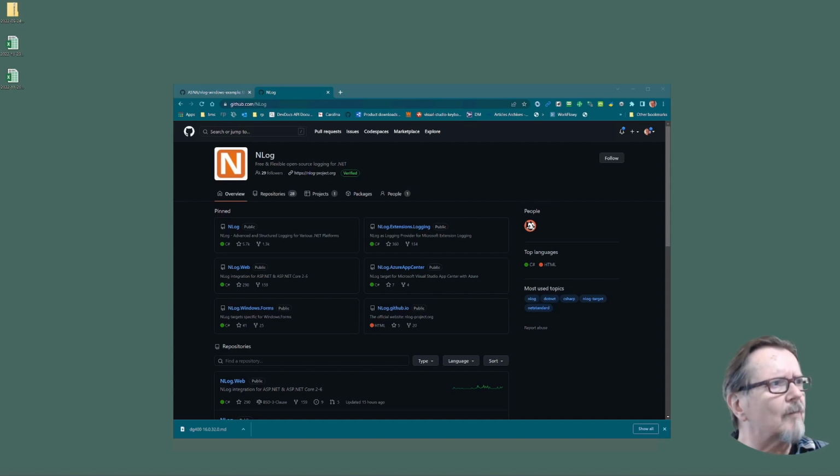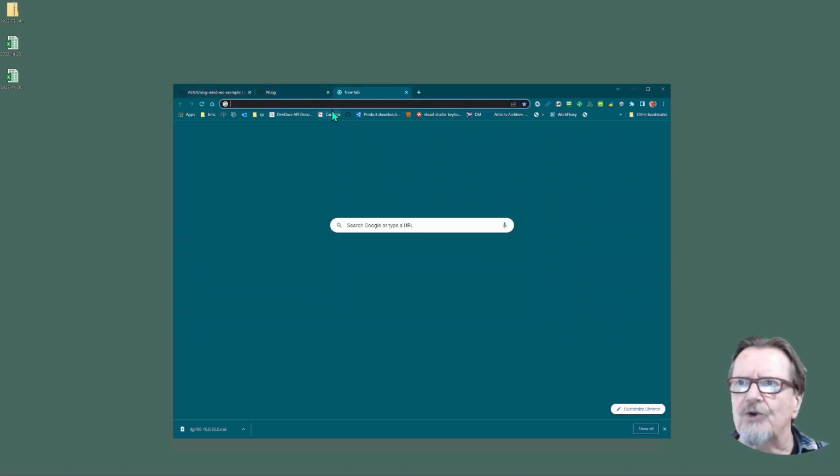So there's many ways to add logging to your application. But one of the things that we need to achieve with logging is that it can't be too invasive or require too much, or it's just not worth putting in there. Now there's many different loggers. Let's go out to